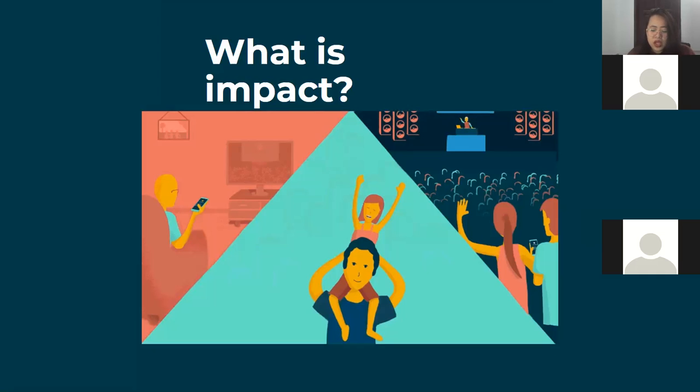Therefore, you can choose to positively affect those around you through your startup, or negatively affect those around you, again through your startup. That means you can decide to positively or negatively impact.